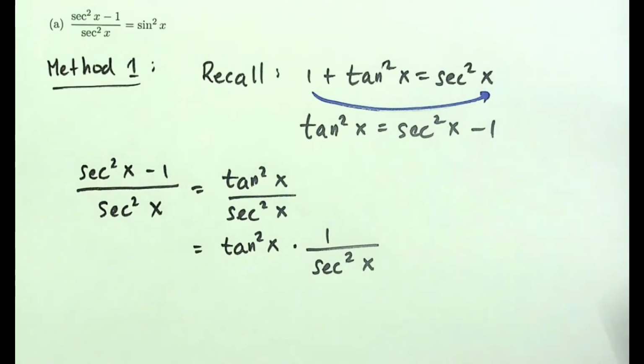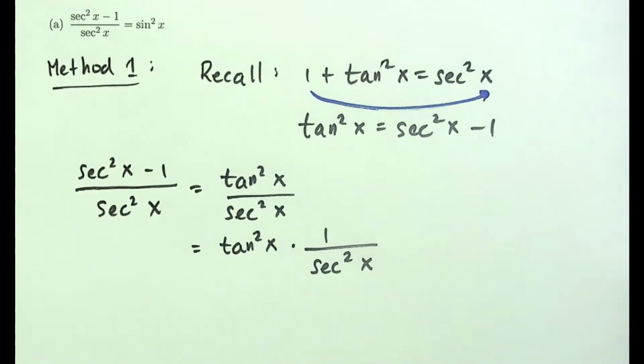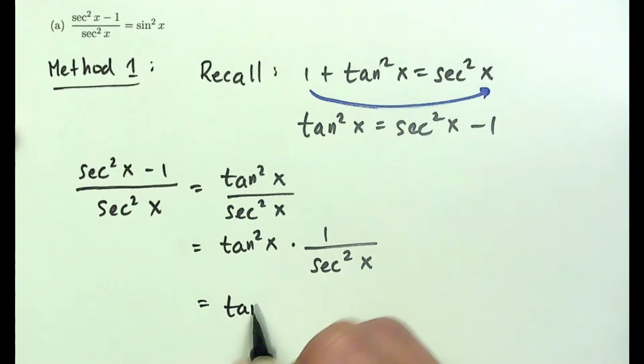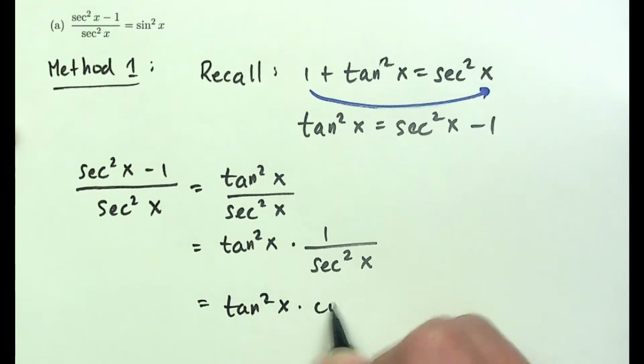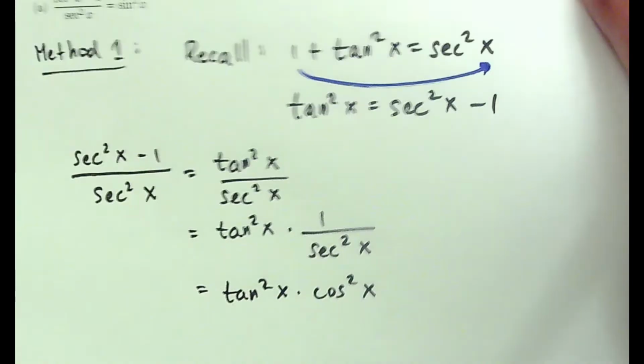Now, the secant is the reciprocal of which one? If you said cosine, then you got it right. So, yes, secant is the reciprocal of cosine. So, cosine and secant are reciprocals of each other. So, the reciprocal of secant is just cosine. All right, so then this means that this is cosine, and because it's squared, it's cosine squared. So you get tangent squared times cosine squared. And finally,